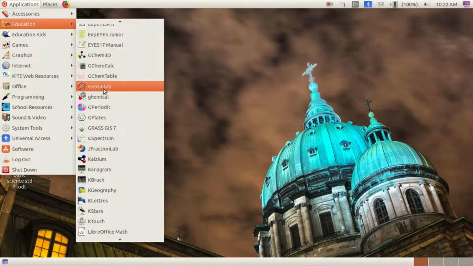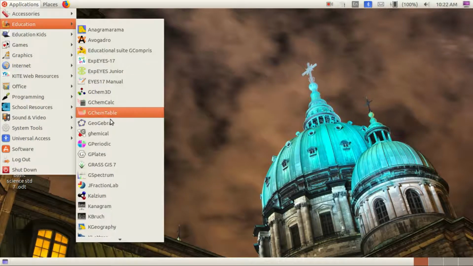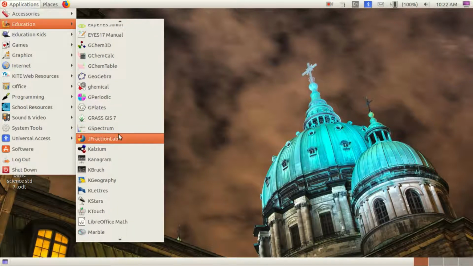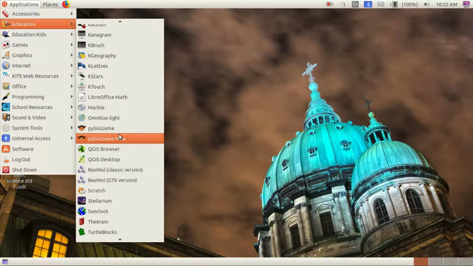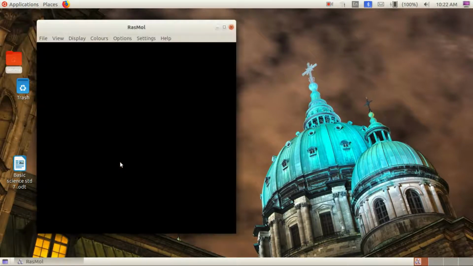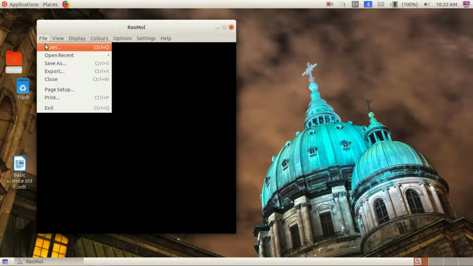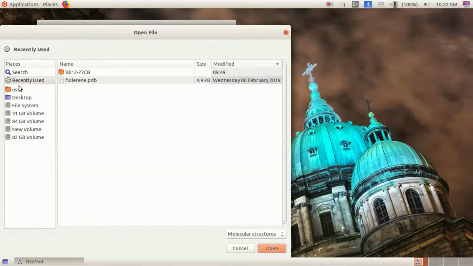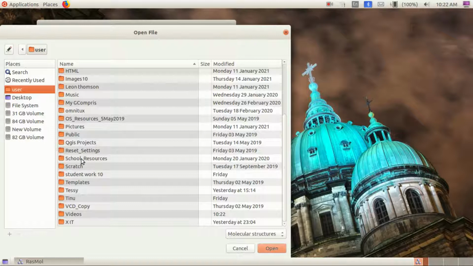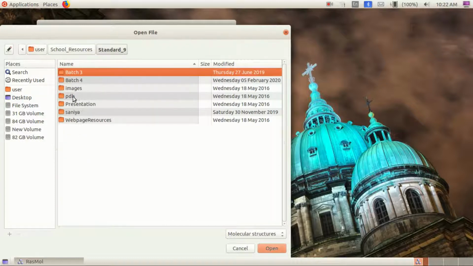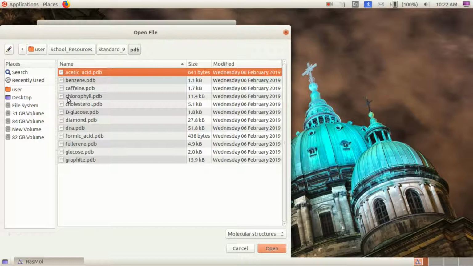Then, where is that, children? We need to take the Rasmol GTK version. From there we need to open file. From the user you can see school resources, standard 9th. There you can see the PDB folder, protein data bank. It is known as protein data bank. That needs to be opened to view the molecular structure of the different